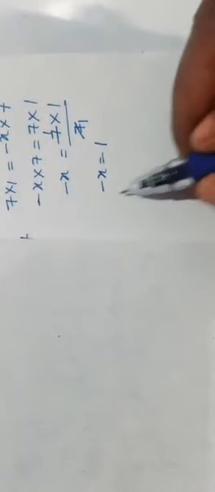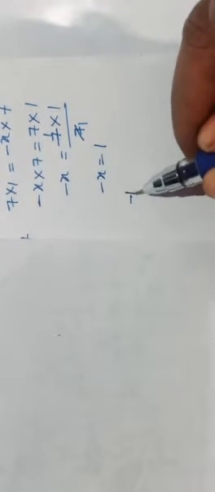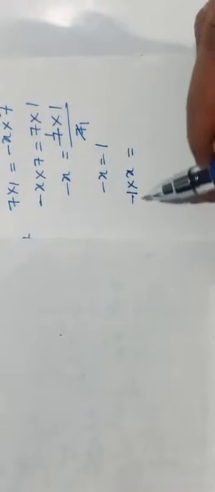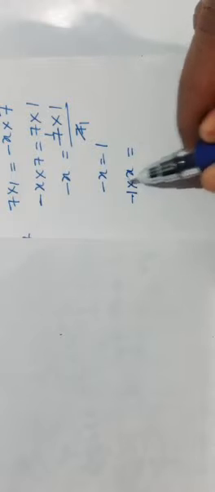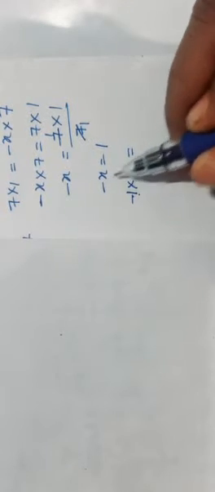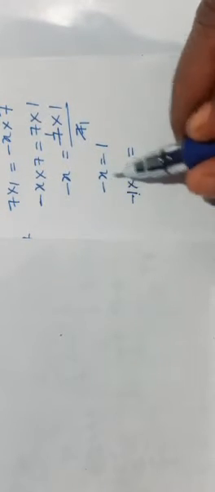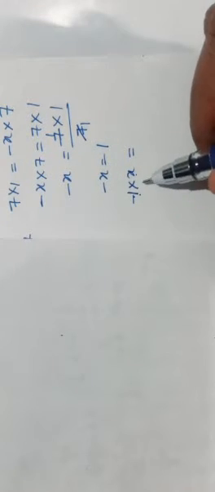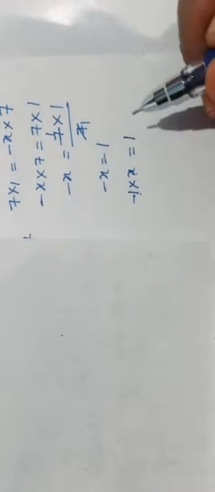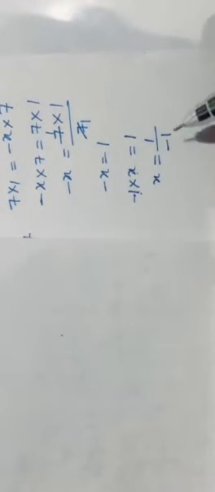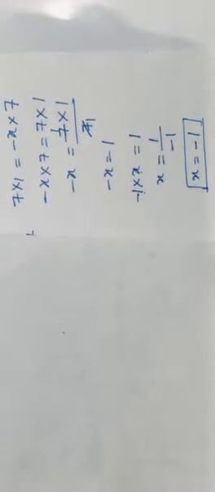Here minus x can be written as minus 1 into x, isn't it children? Because minus into plus is minus, 1 into x is x. Therefore, I split the minus x as minus 1 into x is equal to 1 as it is. Now minus 1, send it to the right hand side, it becomes divided by minus 1. To write it in the standard form, we simply take minus sign to the numerator. Therefore, x is equal to minus 1.